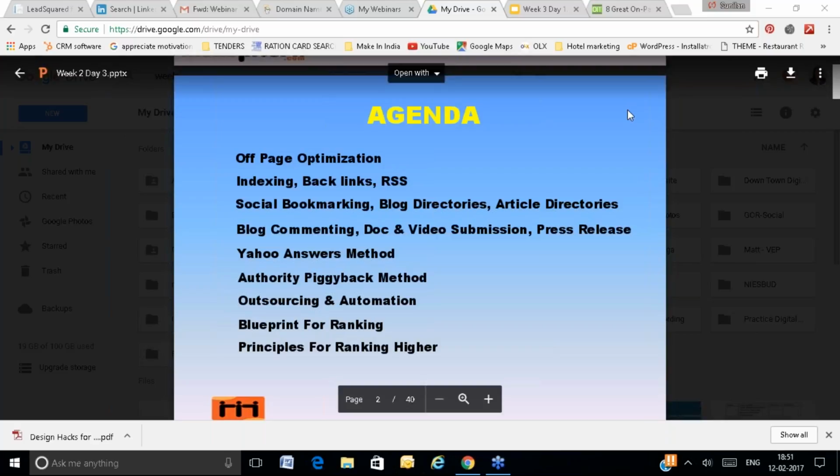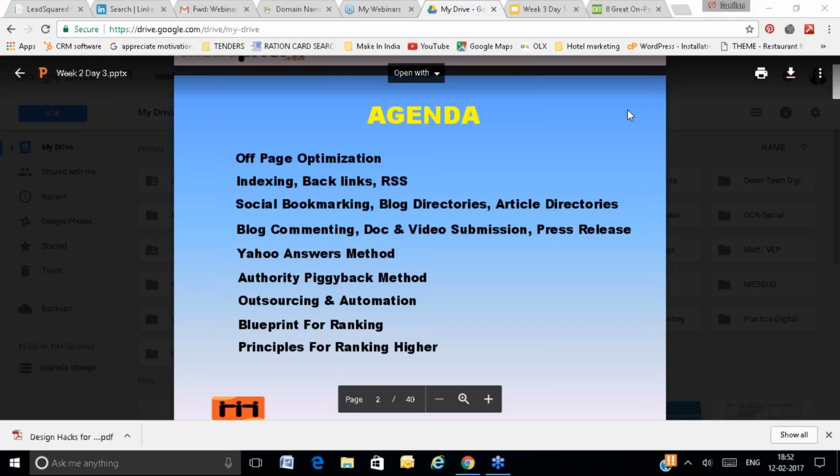So now we are going to start the off-page activities. Off-page SEO is also termed as off-site SEO, or backlink SEO. On-page is all about saying good things about yourself: you are the best, your website is the best, your content is the best, your images are the best. On-page means you are providing relevancy clues to Google. Why should Google pick your website? Because you are placing the right keyword at the right place, right?